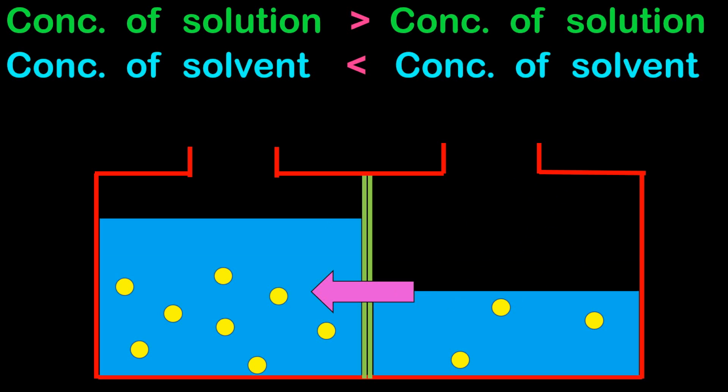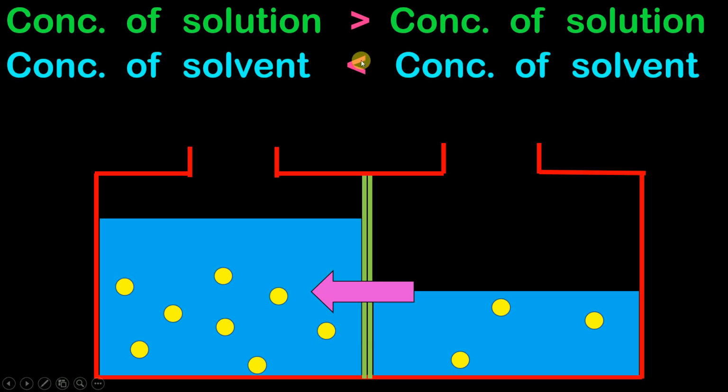Clear with this? So whenever a concentration of solution is given to you, don't get confused. We are not concerned with the solution. We are only concerned with the concentration of solvent. And a trick for you all to remember, most of the times, when the concentration of solution is greater, the concentration of solvent will be less. Clear with this? Okay. And when the concentration of solution is less, concentration of solvent will be greater. So they are just reverse of each other. Okay. So as you can see over here, the sign has changed.